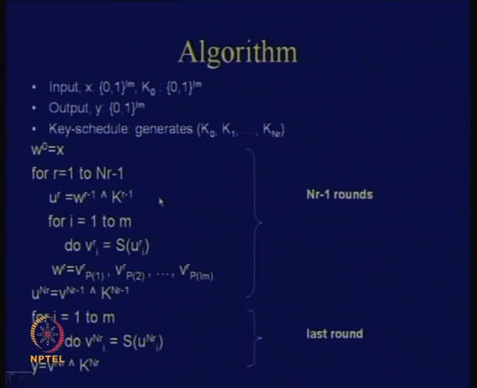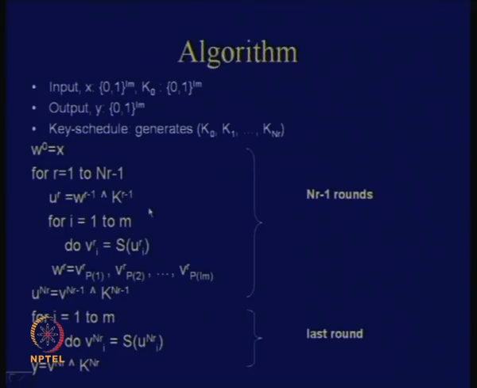Again we will go back and look at the algorithm that we cryptanalyzed last day. We will take the same algorithm as our guinea pig and continue with our discussion. If you remember, in the last class we had been discussing an SPN cipher which works on LM bits, so the block length was LM, where L and M are both integers. Your key is also an LM bit value, and your output is also an LM bit value. There are NR rounds, and in the first NR minus 1 rounds